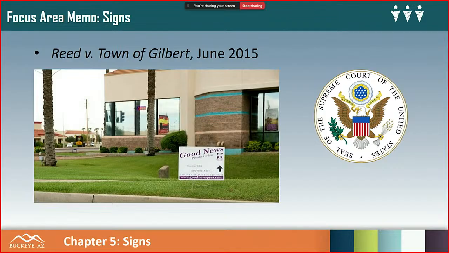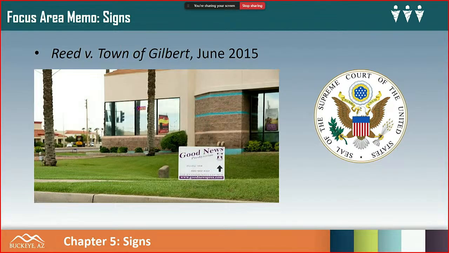The town of Gilbert at the time had regulations that affected different types of temporary signs. It had regulations for political signs, ideological signs, and, in this case, temporary directional signs relating to a qualifying event.